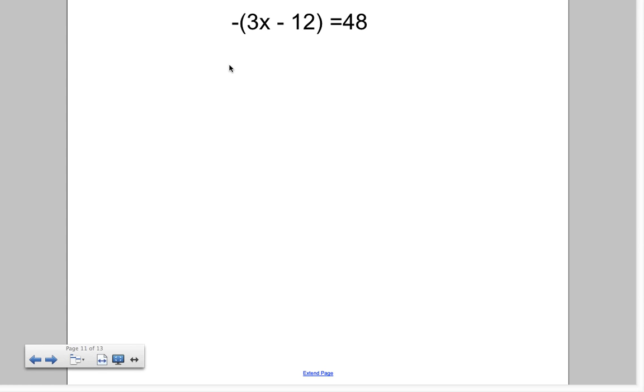We're going to finish up our notes from yesterday. We're going to continue on with distributive property because obviously we have grouping symbols inside the equation. And then if you look up here, just like our other distributive properties,